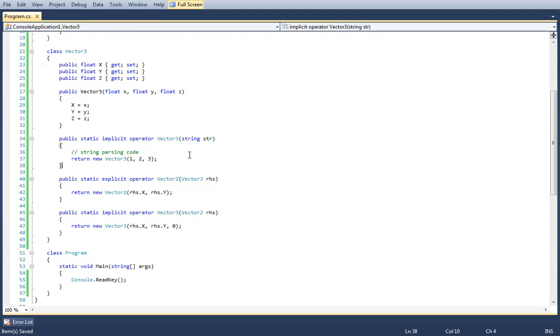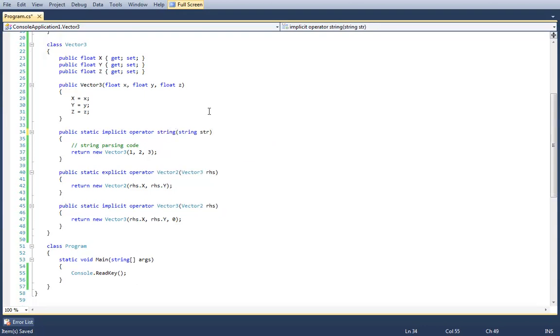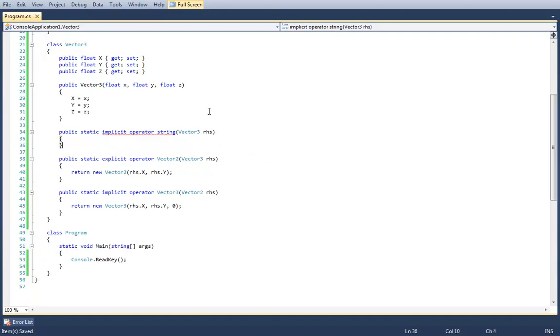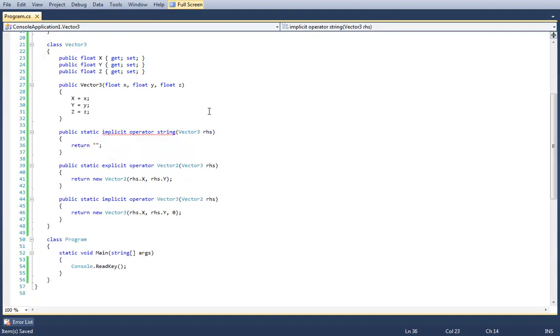But truncation isn't the only logical way of doing it. In fact, mathematically, it's not the way it's done by default. Mathematically, you round to the nearest. Right. So, yeah, do not abuse operators. Another instance where I wouldn't recommend... Actually, this is an instance where I am on the fence, and that is from a vector 3 to a string. I will typically not do this, and the reason I won't do this is because there is a very handy .ToString method available on every single object.